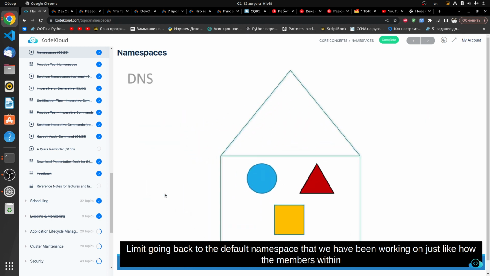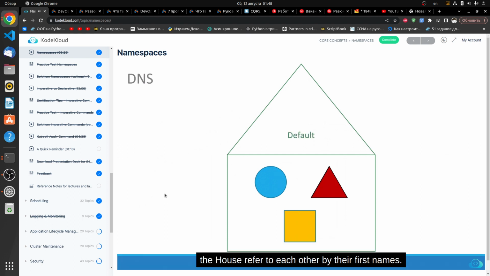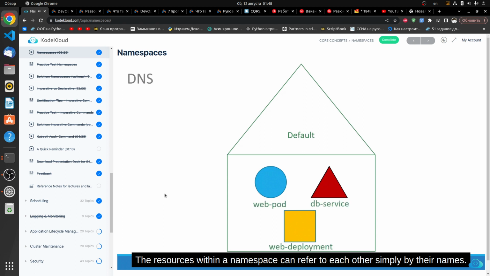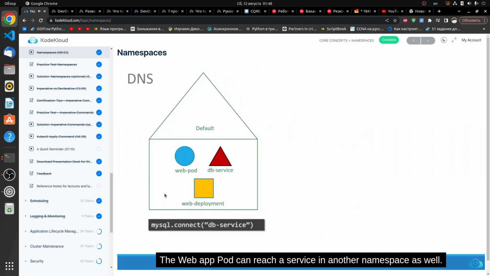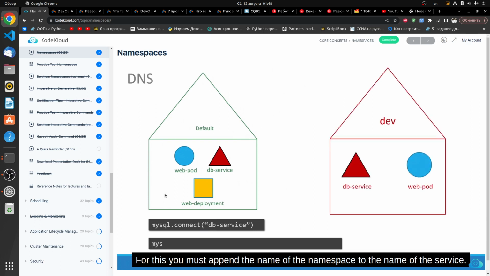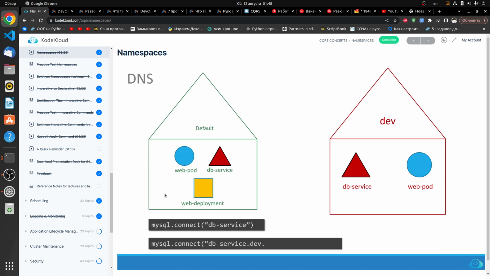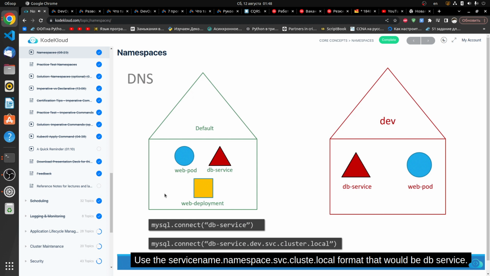Going back to the default namespace that we have been working on, just like how the members within a house refer to each other by their first names, the resources within a namespace can refer to each other simply by their names. In this case, the web app pod can reach the DB service simply using the hostname db service. If required, the web app pod can reach a service in another namespace as well. For this, you must append the name of the namespace to the name of the service. For example, for the web pod in the default namespace to connect to the database in the dev environment or namespace, use the service